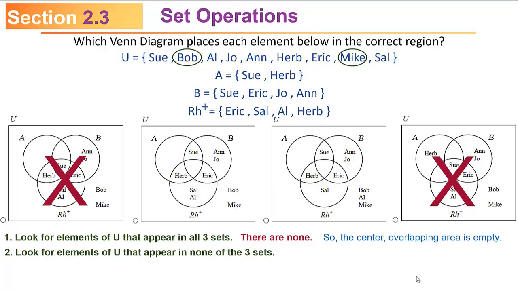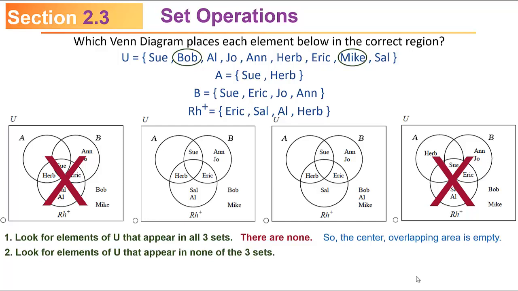Sue is in at least one of the sets. So is Al. So is Joe. So is Ann. So is Herb. So is Eric. And so is Sal. So it's only Bob and Mike that are not in any of them. Well, if those two are not in any of them, their names should be outside of all three circles. Looking back at those four choices, Bob and Mike